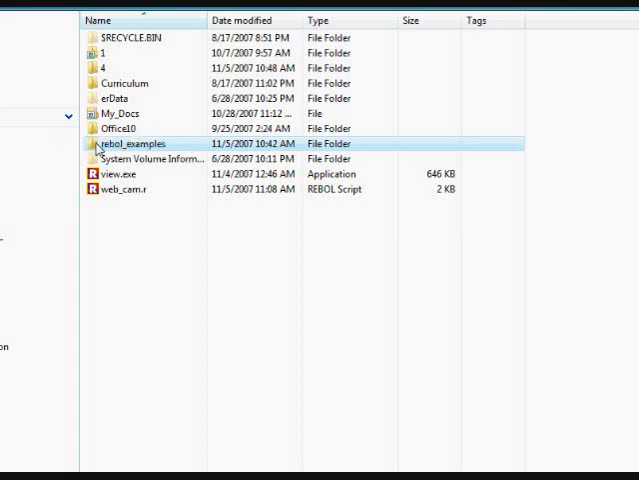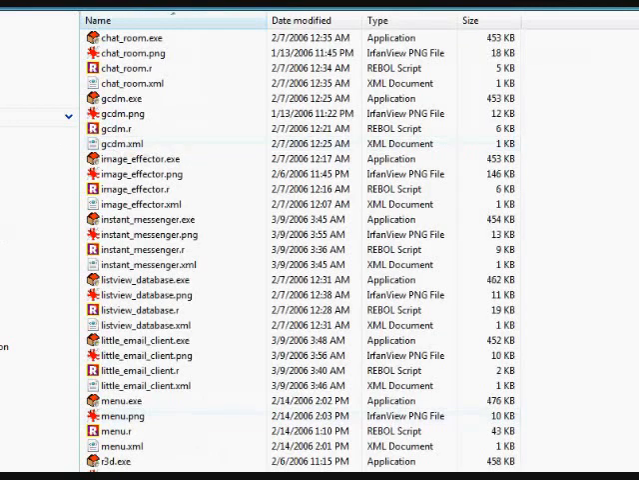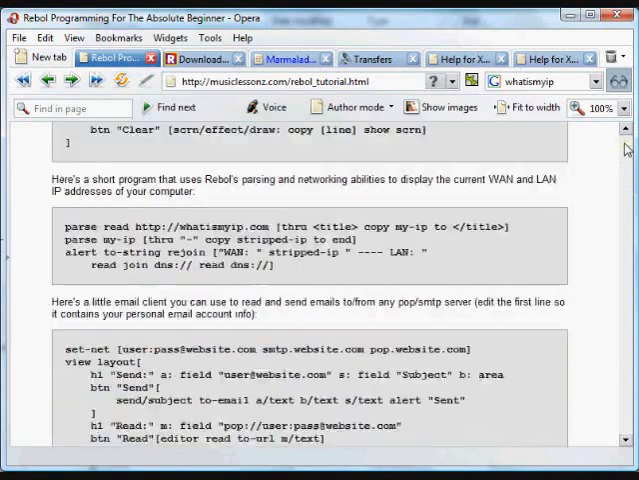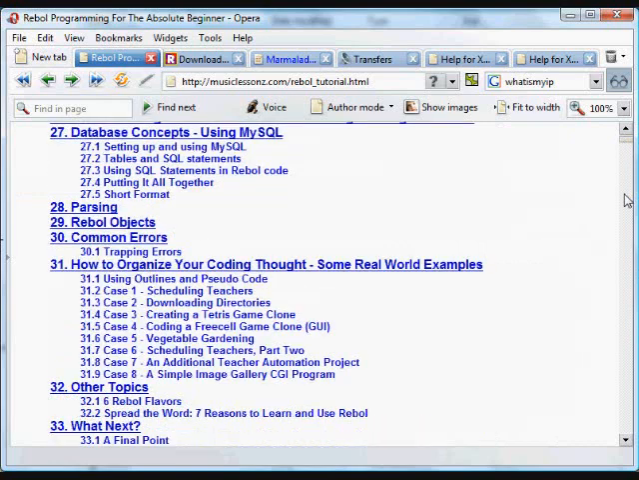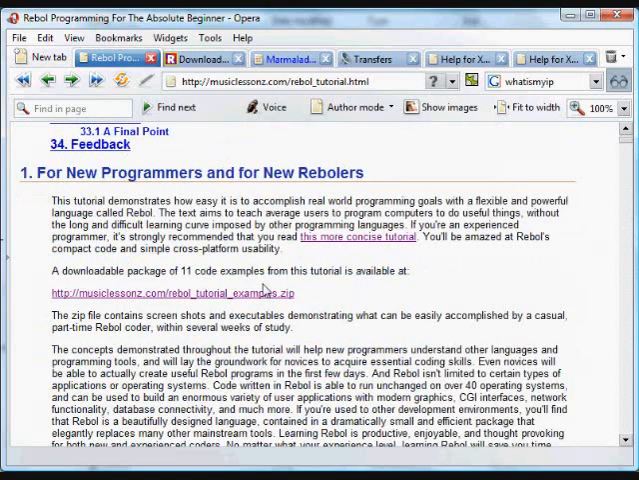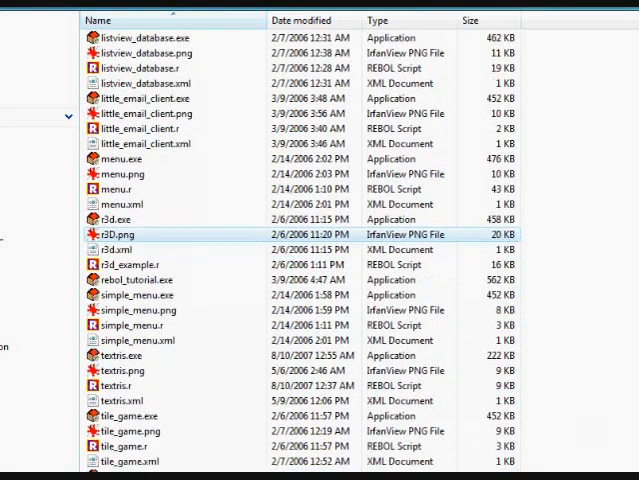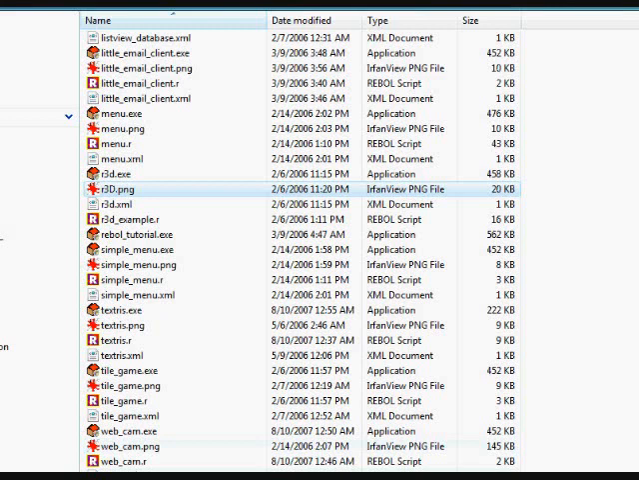This is a downloadable package of programs that you see at the beginning of the tutorial here. When you go to the top of the tutorial, you'll see there's a zip file that you can grab that has a bunch of examples from this tutorial. And one of those XML files is the one that I used to create this program. We open that XML file,